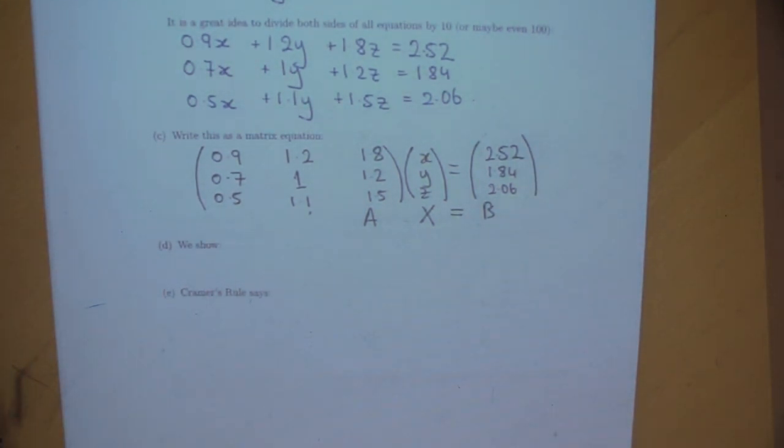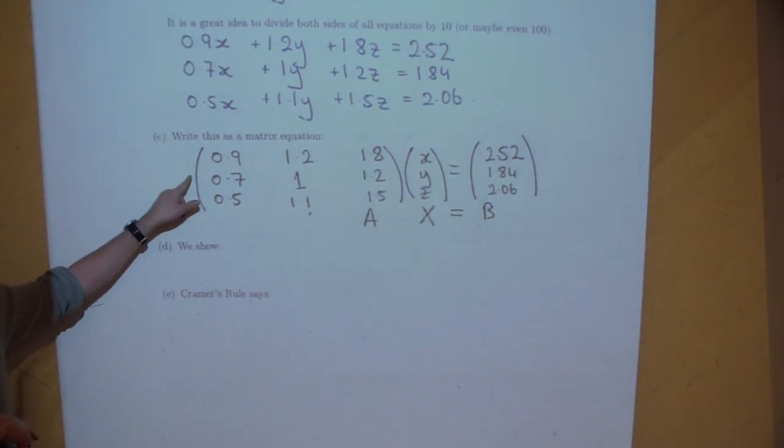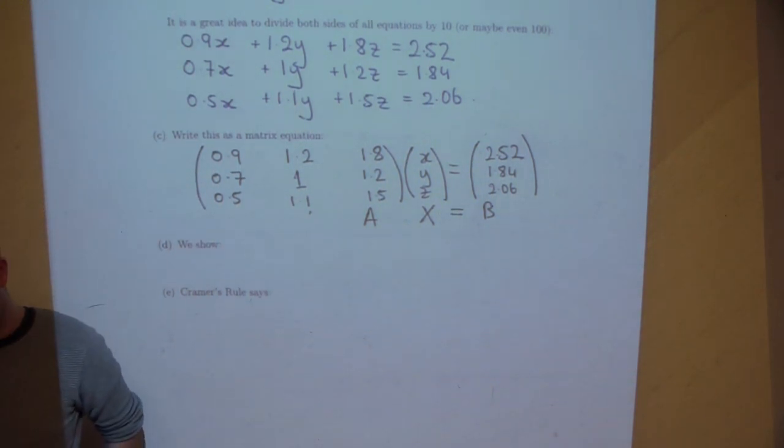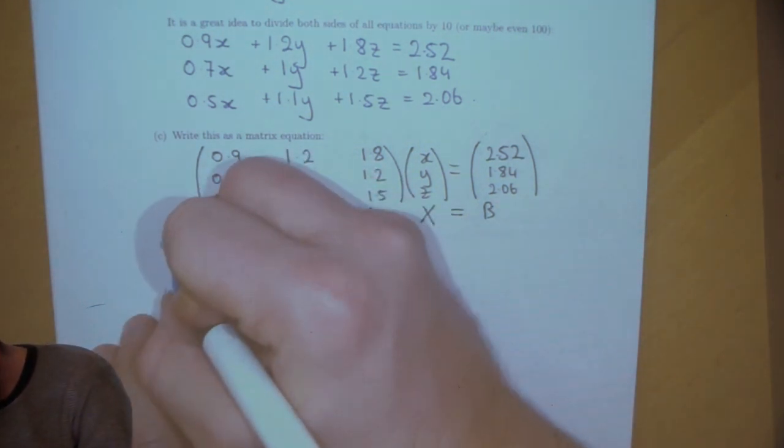So let's just show that you can write simultaneous equations as a matrix equation. Now the next thing is a bit trickier unprompted. If Ax is equal to b, write x in terms of A and b. So starting with Ax